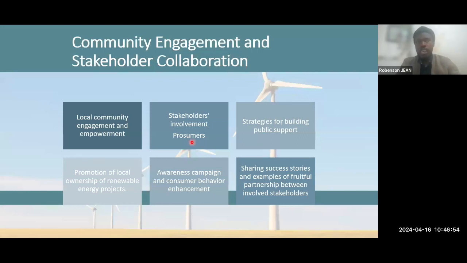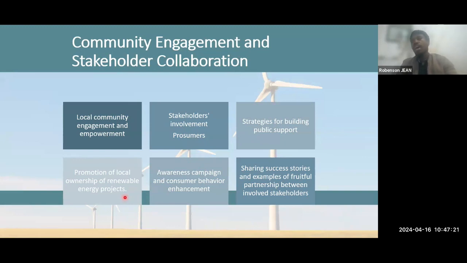So the consumers can also be producers. That's why we come up with this concept of prosumers. It is a word in which we can see production and consumption, producer and consumers. And it is important to go for strategies for building public support, promotion of local ownership of renewable energy,